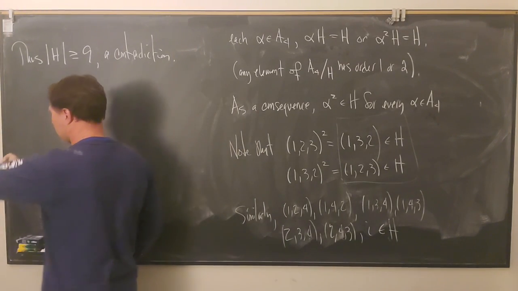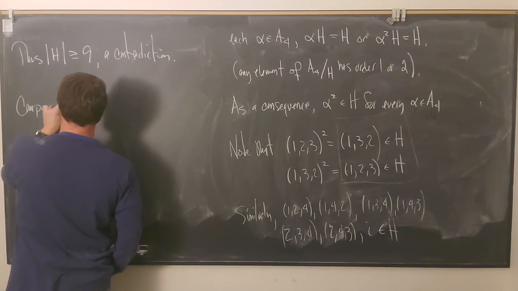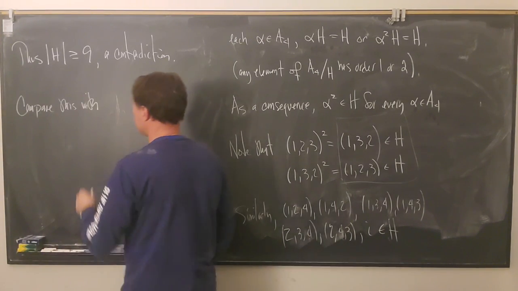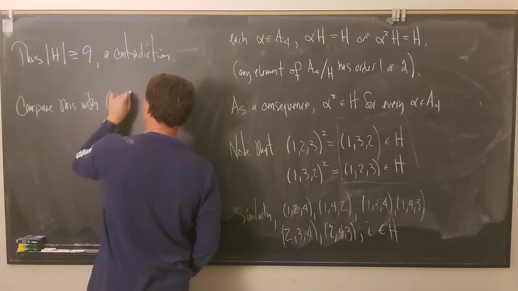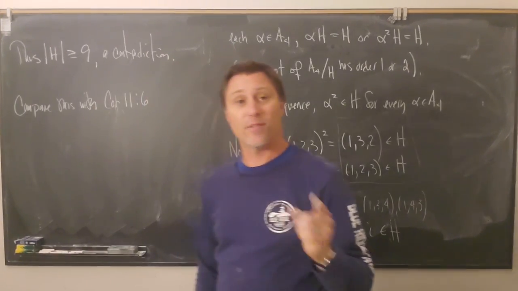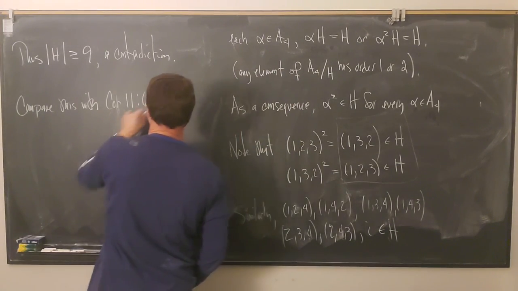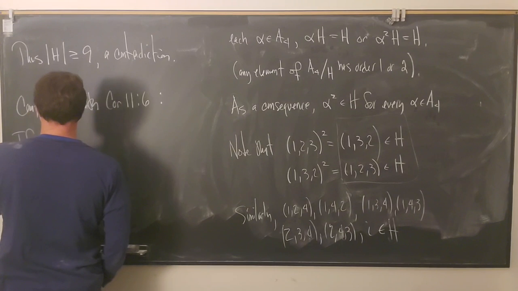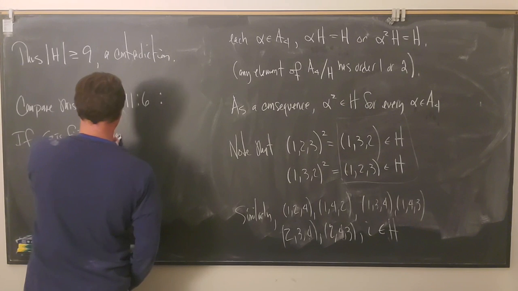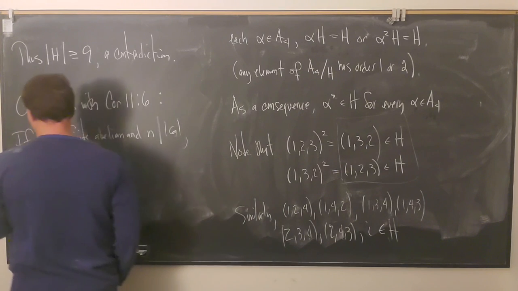I just want to compare this with corollary 11.6, which told us that if you have a finite abelian group, and a divisor of the order, then you're guaranteed to have a subgroup of that order. So corollary 11.6 said if G is finite abelian and n divides the order of G, then